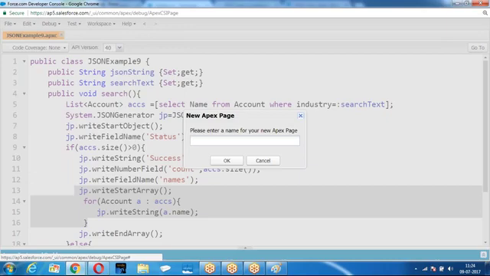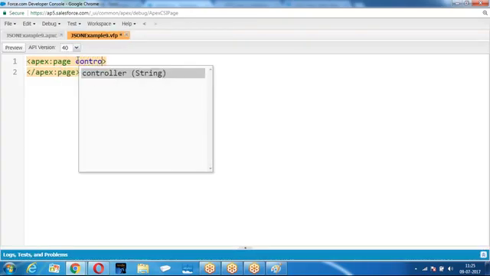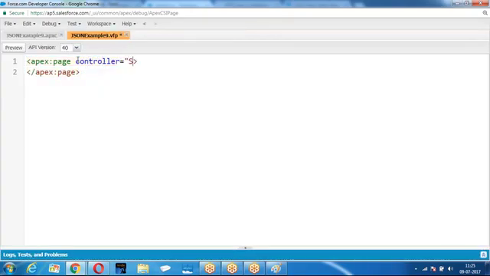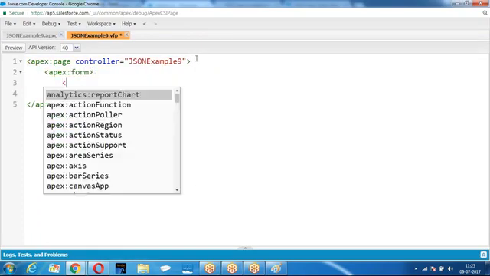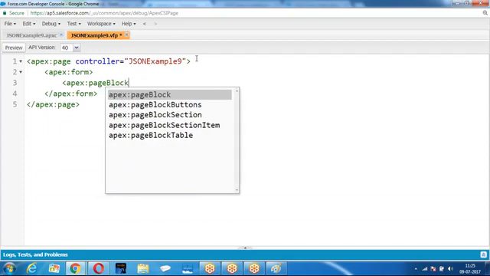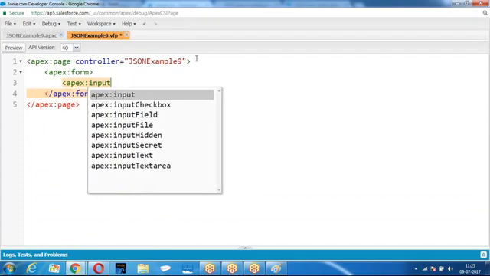This I have to invoke from some page. Give an input text box straight away.